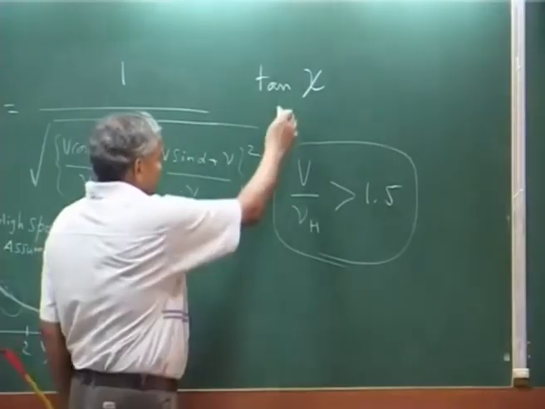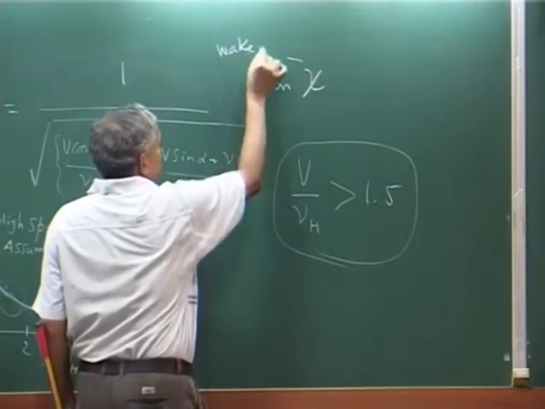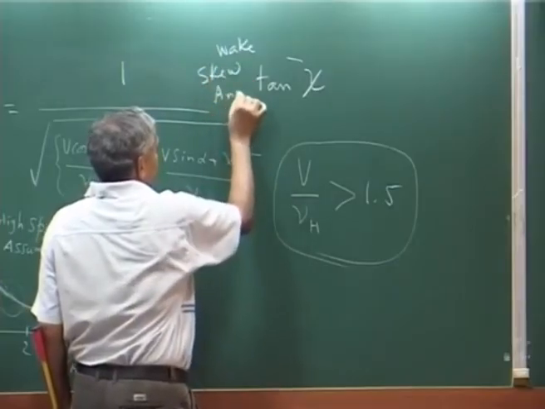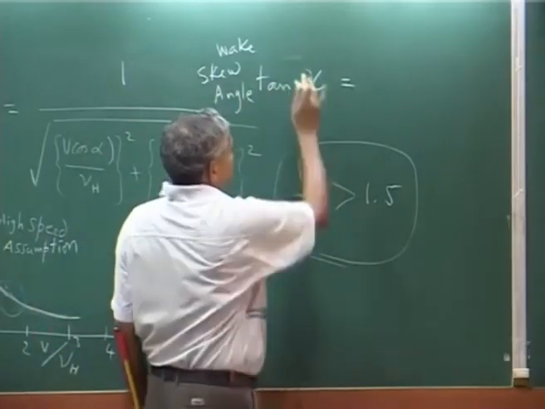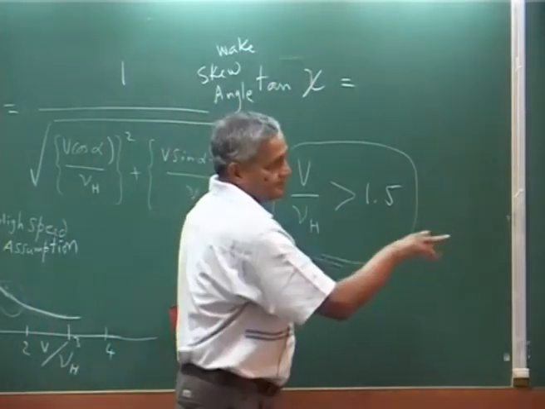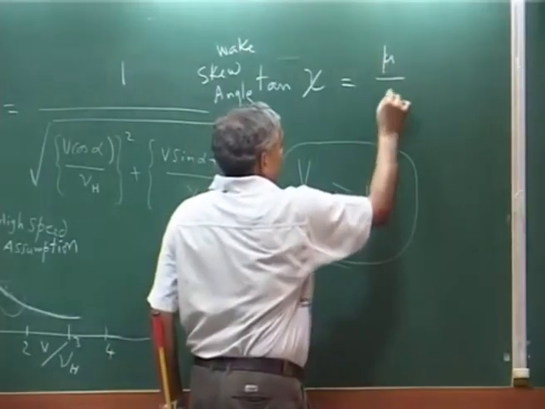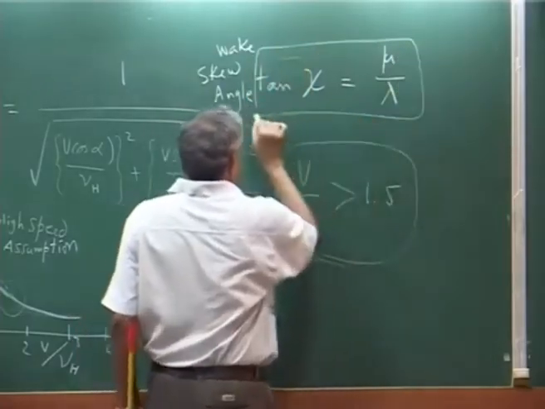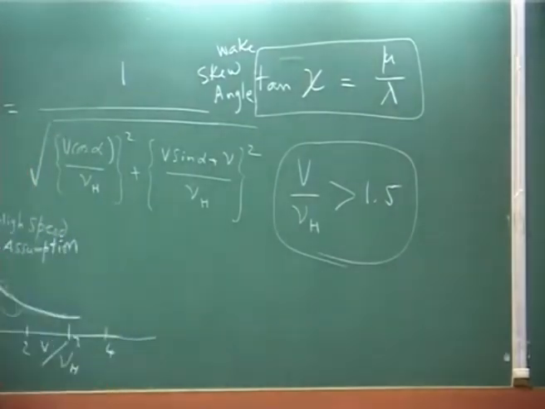This is called the wake skew angle. Okay. Tan chi is basically mu over lambda. Okay. Wake skew angle,